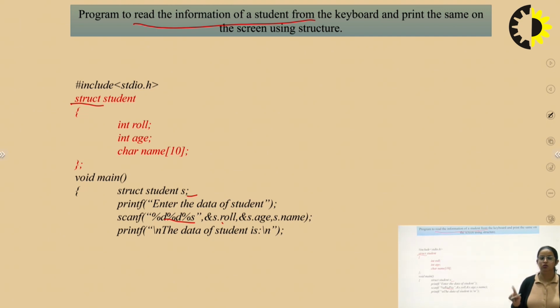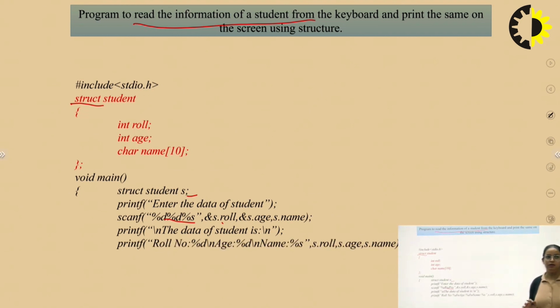For roll number you need %d, for a float value you need %f, and for a character type variable you need %s or %c. String is %s and character is %c.